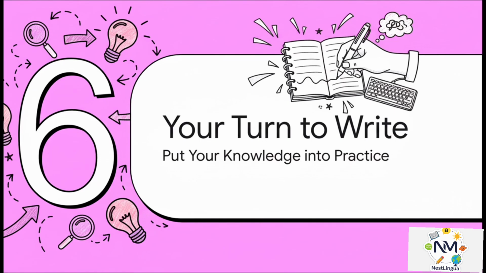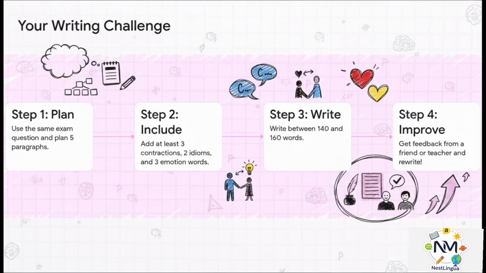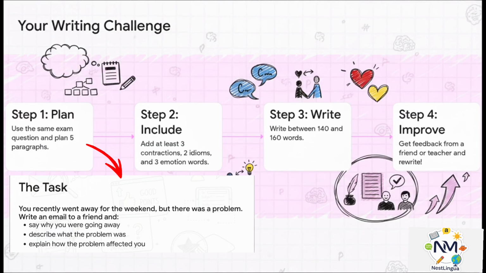But now it's time for the most important part of all, action. The only way to get better at writing is, well, by writing. So let's get you started. Here is your challenge. I want you to answer the exact same exam question that we've been looking at. Before you even start writing, plan out your 5 paragraphs. And as you write, try to include at least 3 contractions, 2 idioms, and 3 strong emotion words. Stick to the word count and, listen closely, this is the most important part, get some feedback on your writing